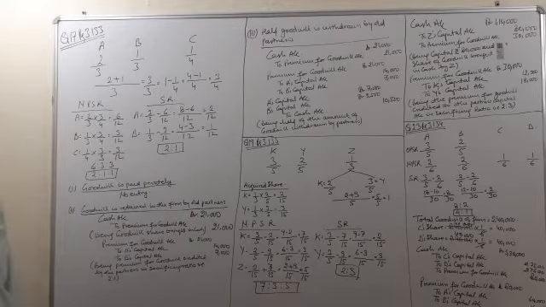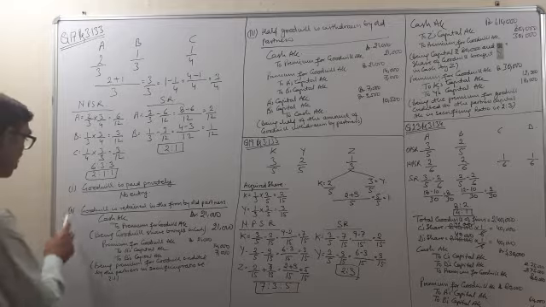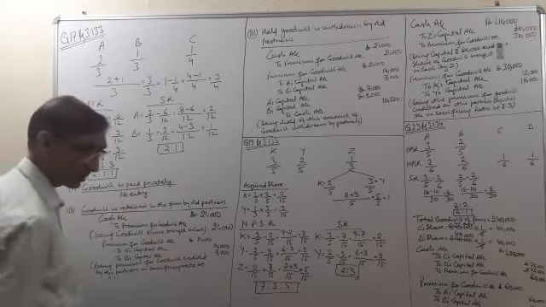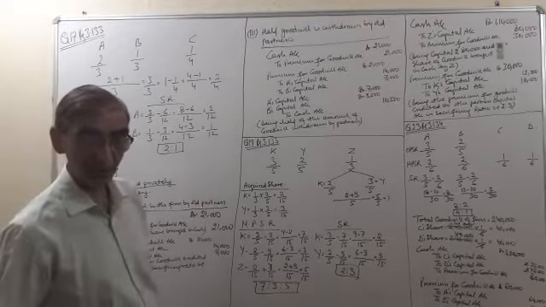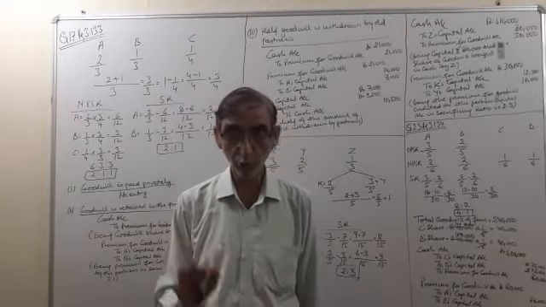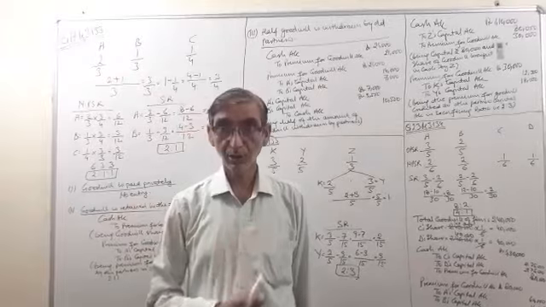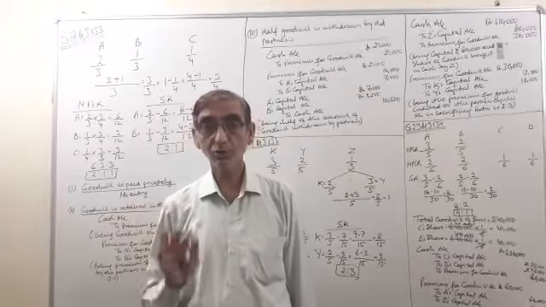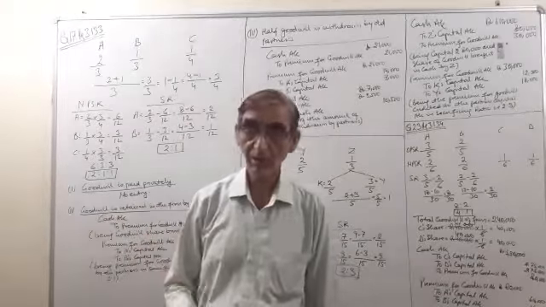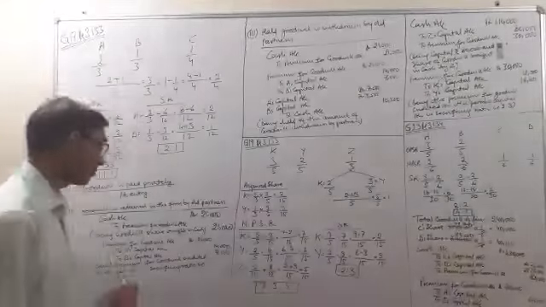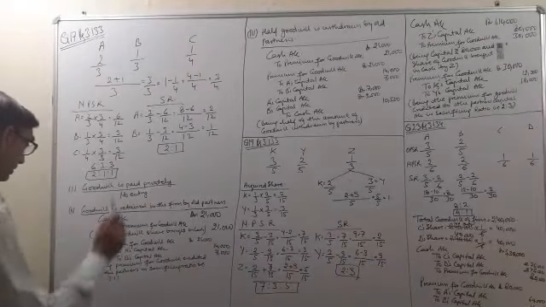Now we will start the cases. The first case was goodwill is paid privately. Goodwill is paid privately means that the partners do not want to show the goodwill account in the books, and they don't even want to show that they have earned some money on account of goodwill. So there will be no entry.